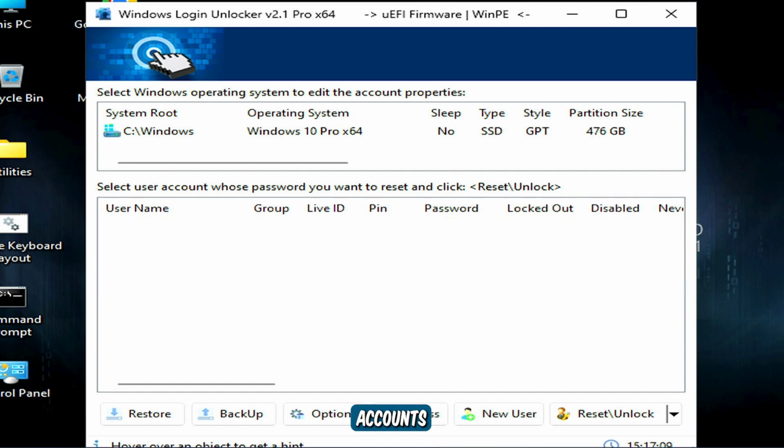If no user accounts are shown, it usually means the Windows partition is encrypted, such as with BitLocker, or the hard drive or SSD cannot be accessed because of a storage or hardware problem. In that case, you'll need to resolve the storage issue or unlock the encrypted drive before you can reset the